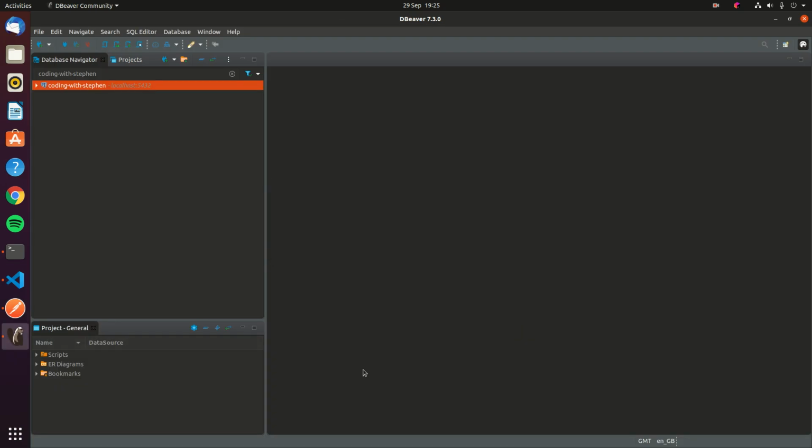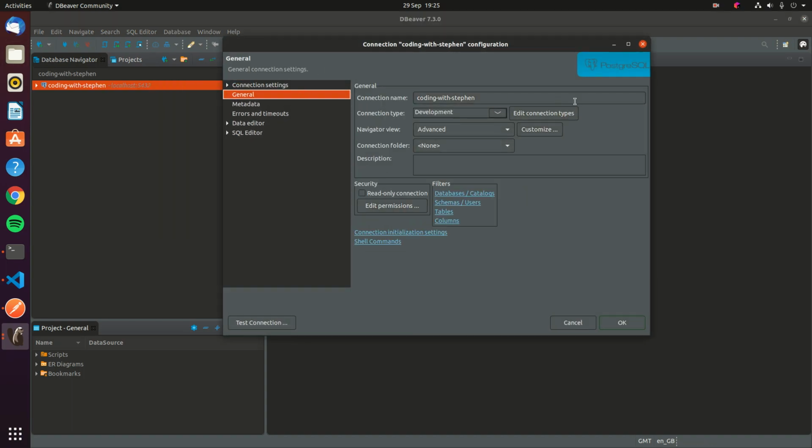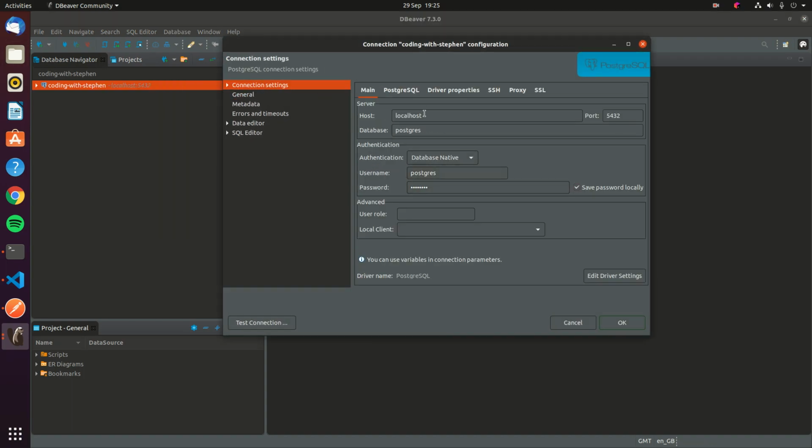Now what we're going to want to do is head over to DBeaver, and if you haven't got one already, we're going to set up a database connection. We'll have some connection settings here, which will go to localhost port 5432, which is the standard port for Postgres. Database is the bog standard database name, which is Postgres. Username is Postgres. Password is Postgres. And if you're